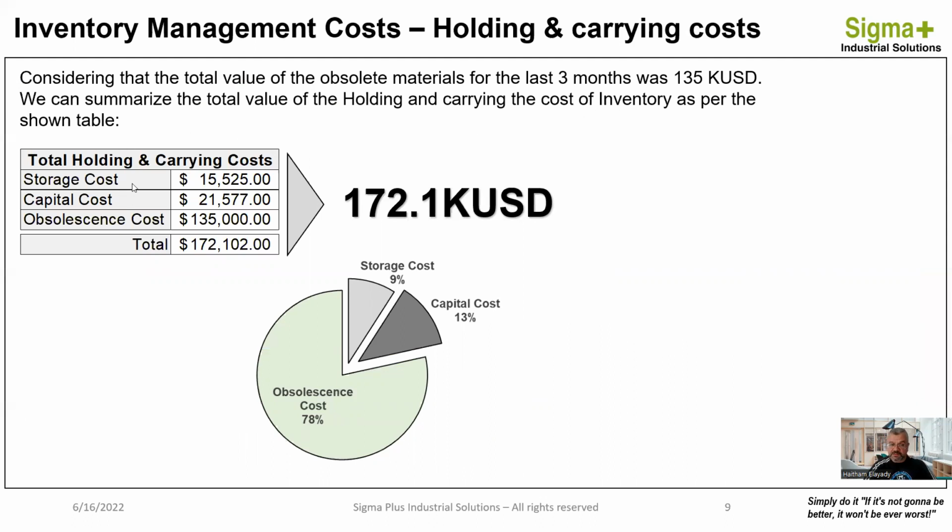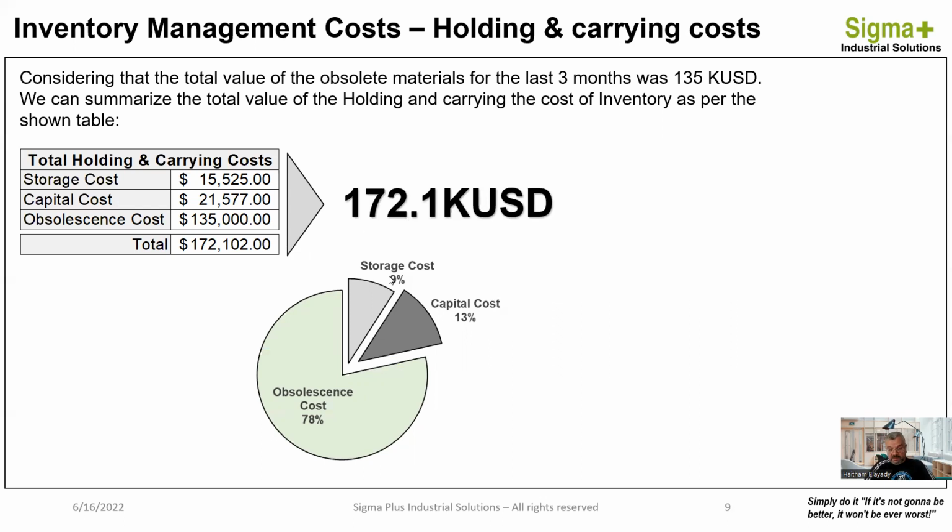So we have calculated earlier the storage cost, which was $15,525, and the capital cost, which was found to be $21,577, and the obsolescence cost, which we have found from the damaged or expired materials in the warehouses, to be $135,000,